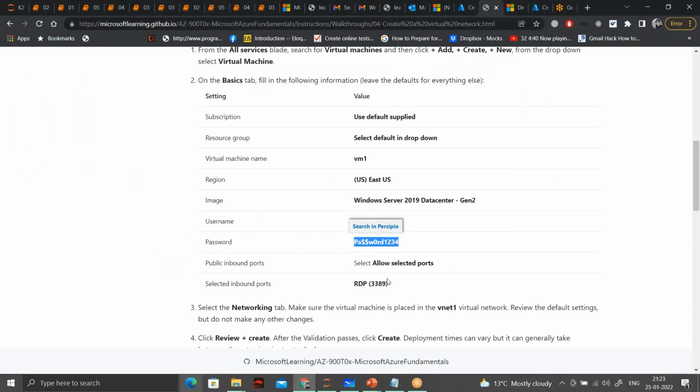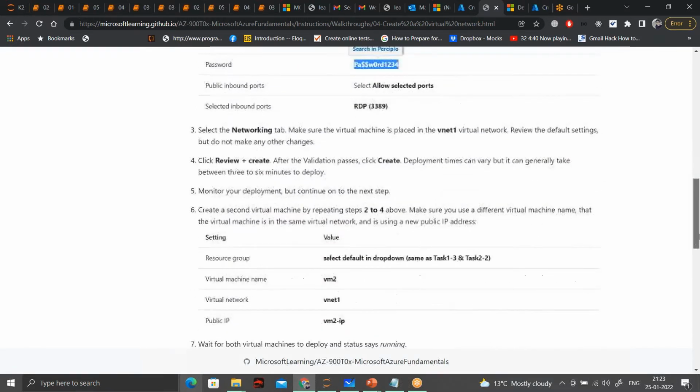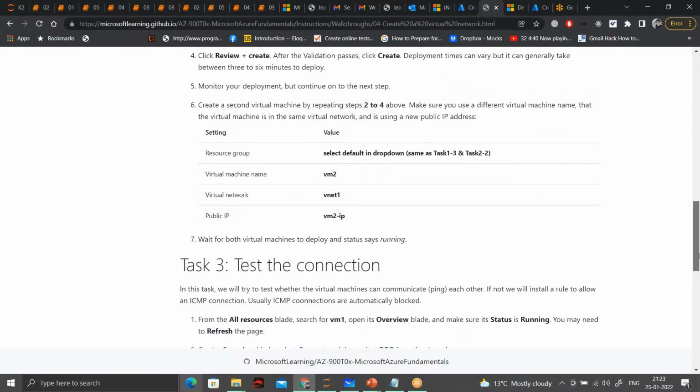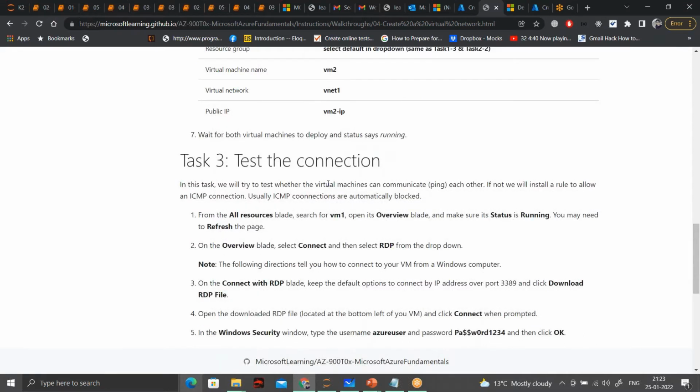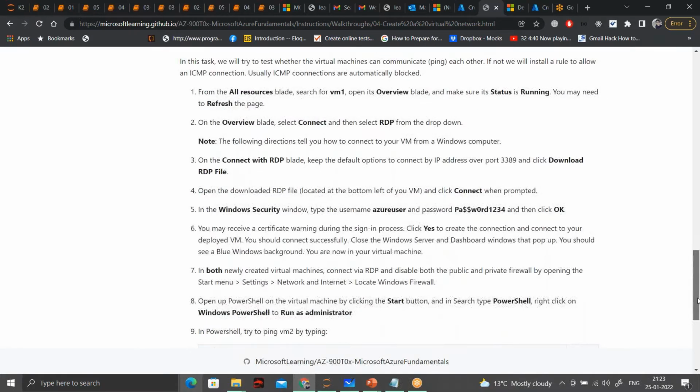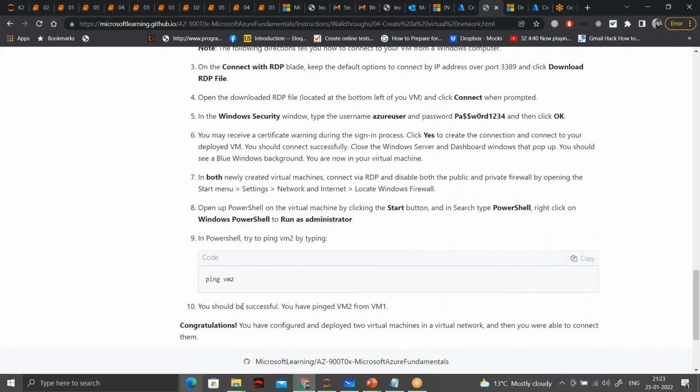Okay, post this what we have to do. Once we are done with this, we actually have to test the connection from one of the virtual machines. We'll try to ping the other virtual machine. So for that, we first will have to log in into the RDP connection, and then we will enable network and location and Windows firewall, and then we will ping VM2, and it should be successfully able to ping the other virtual machine.